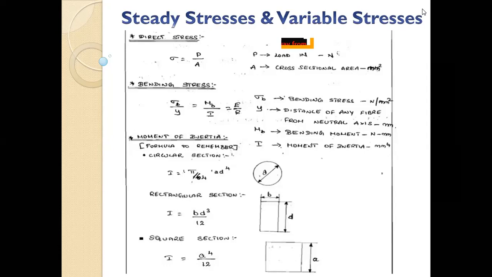Are you getting it? We have to convert all the measurements you have to one single unit. It may be Newton or whatever it is. If it is in centimeter, we have to convert it to mm. Here the strength was given in Newton per mm square, that's why we got the answer in mm.